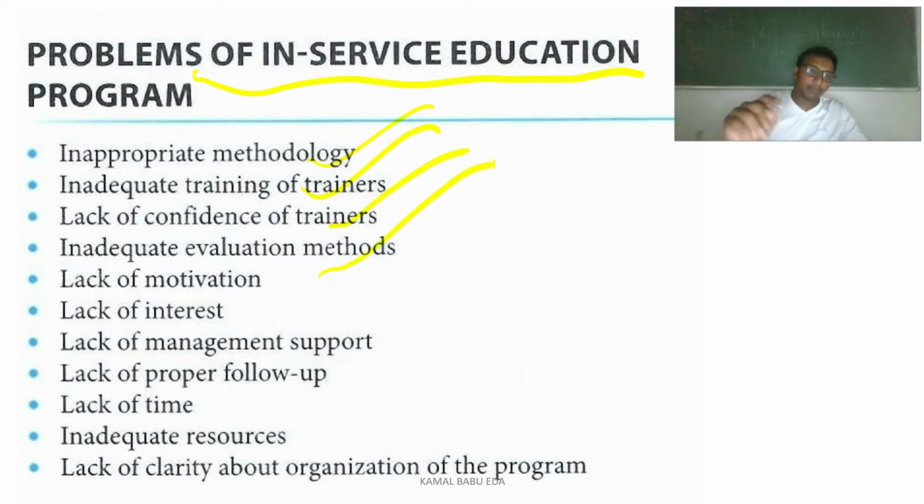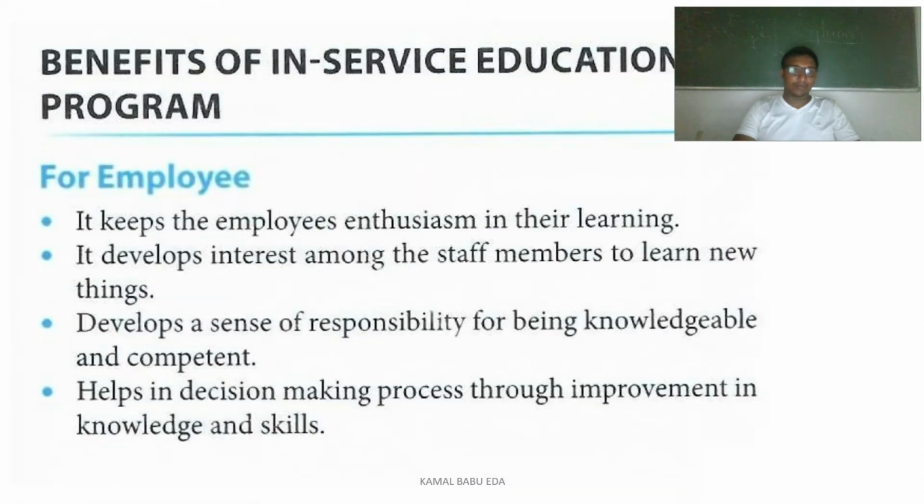Inadequate evaluation methods, lack of motivation, lack of interest, lack of management support, lack of proper follow-up, lack of time, inadequate resources, lack of clarity about the organization of the program. All these are different types of problems in in-service education.